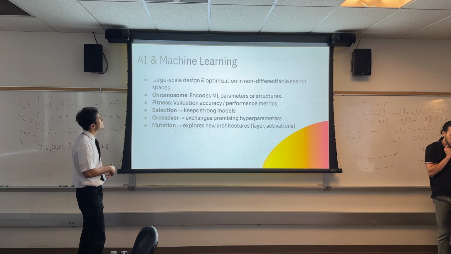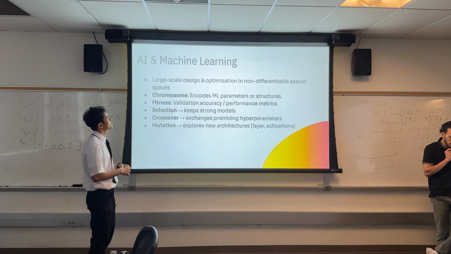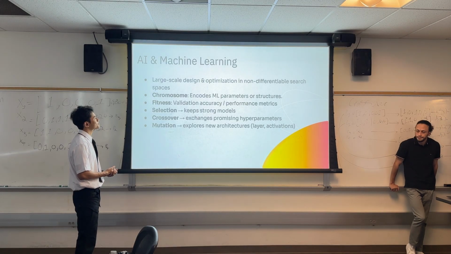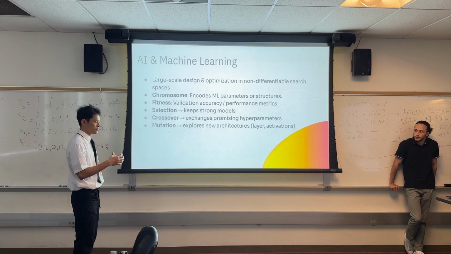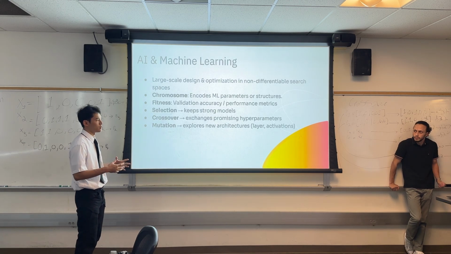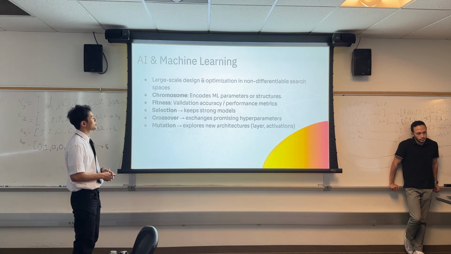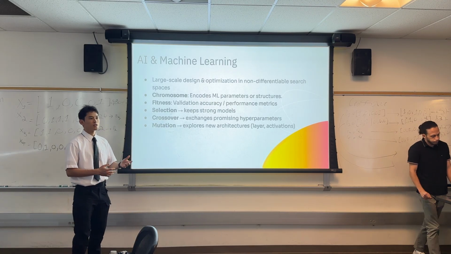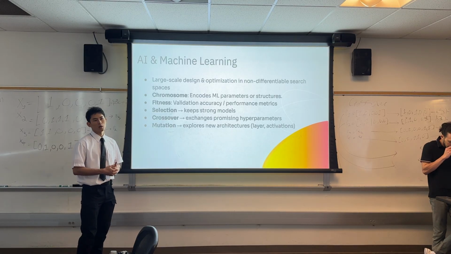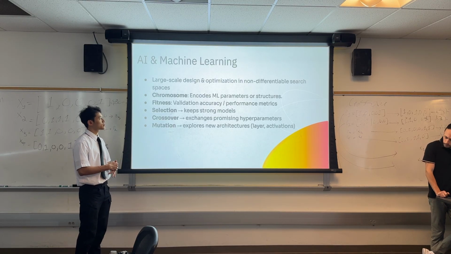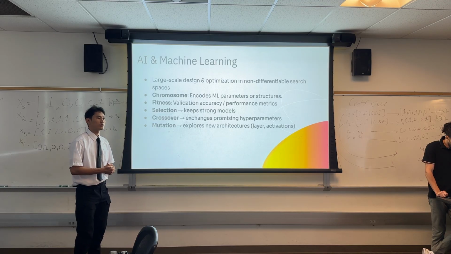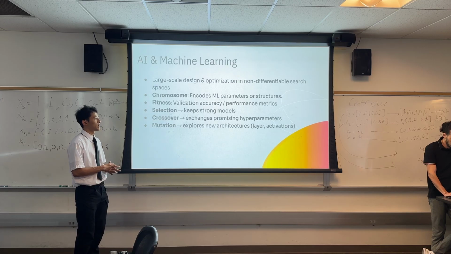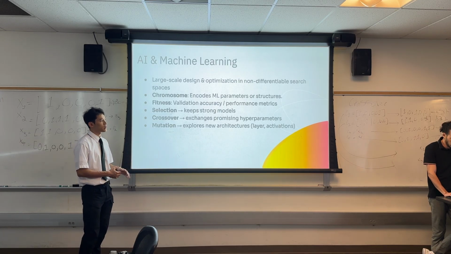Next, how we apply it for AI and machine learning: a big way is to encode the machine learning parameters, because AI has very huge non-differentiable search spaces. So we can set up chromosomes to encode the machine learning parameters and structures, and calculate fitness by accuracy or other performance metrics. In the selection phase, we keep strong models, and in crossover, we might exchange some of the promising hyperparameters that are useful. And for mutation, we can explore new architectures, changing layers, or adding some